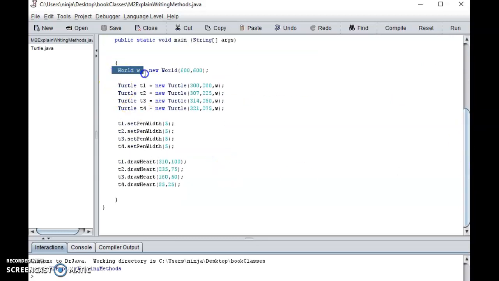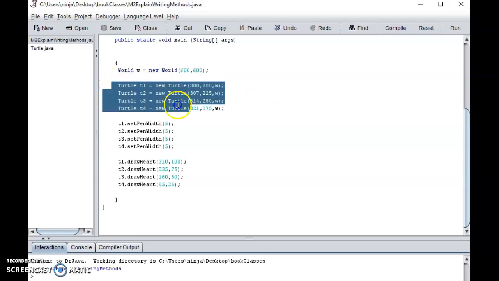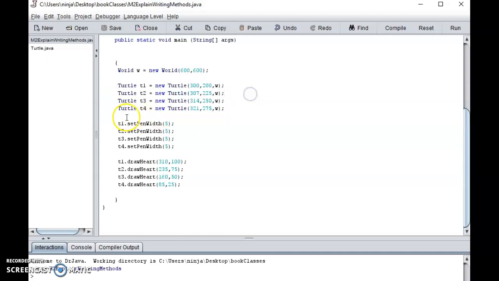So we have to create world W, and I've given it the parameter 600 by 600. We then create 4 turtles, so turtle T1, turtle T2, and we've input them all into the same world just at different parameters within the world. And these specific parameters are given so that the hearts will be inside one another. And here we set our pen width to 5 in this case,